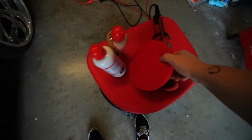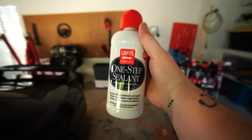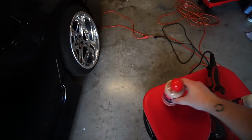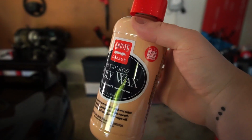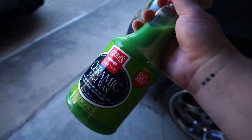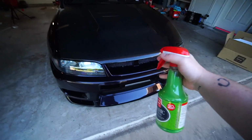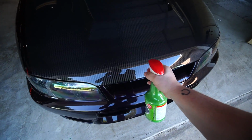So for the last step of the exterior, I figured there's a few ways we can do it. You can do the normal way that I usually do, with the orbital and a really, really soft pad. They do have a one-step sealant. They also have a poly wax. Both of those are super good, but what I was thinking is it might be nice to show you guys something a little more usable, a little more applicable to some people